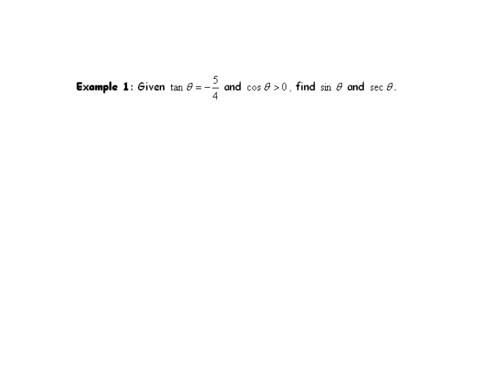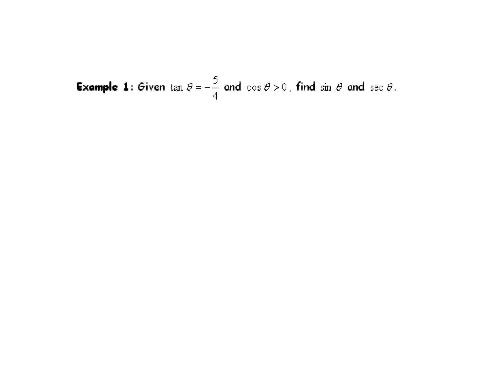So our first problem of the day, in example 1 here, it says, given that we know that the tangent of theta is negative 5/4 and that cosine is positive, we're asked to find sine and secant. Okay, the first thing we need to figure out,